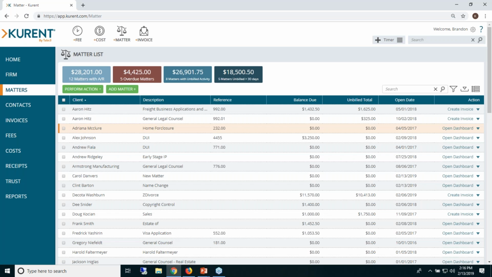Now, while we're here on the matter list, we can move on to our next pointer, which will help you maximize the use of lists. In the same way that all lists include quick views, all lists also include an action column, the last column on the right side. The action column can be very useful when adding new data,